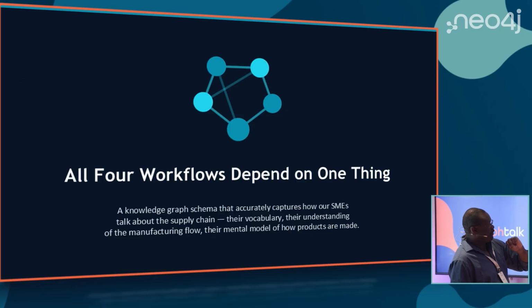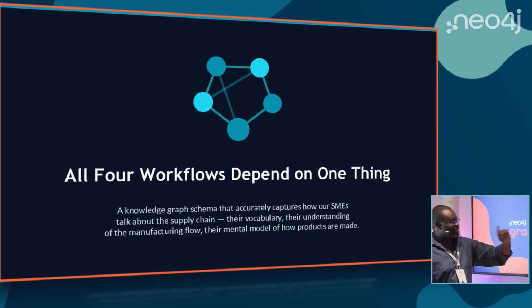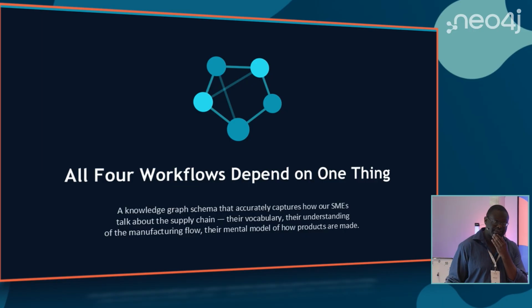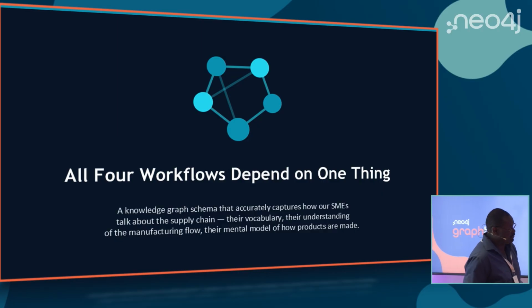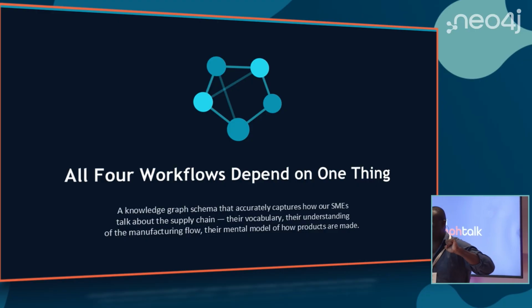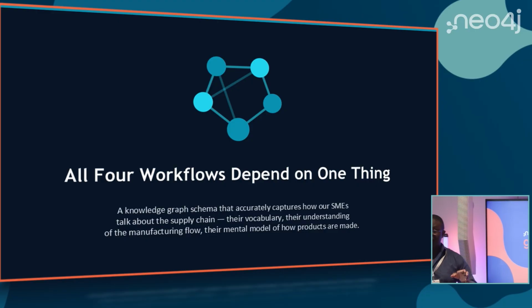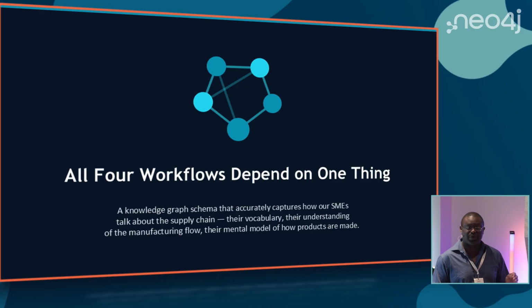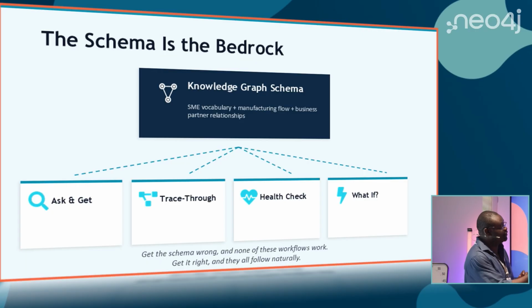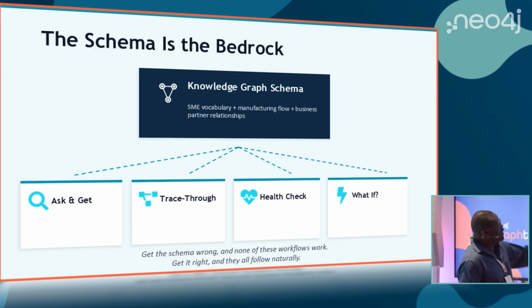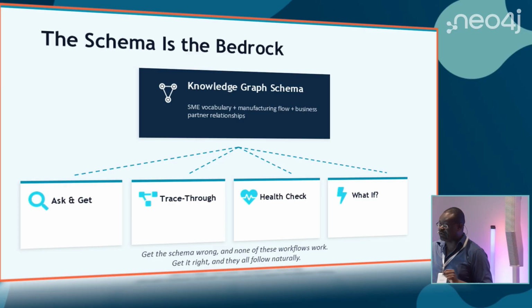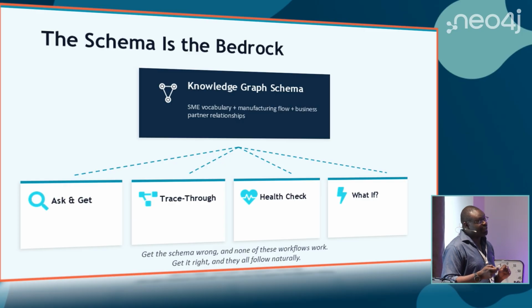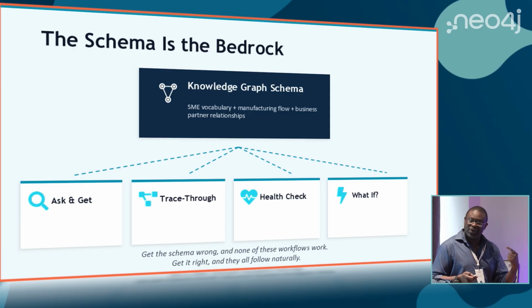So all 4 workflows depend on that one thing, a knowledge graph schema that captures how our SMEs talk about that supply chain. I'll have a little more to say about this, but it was important for me to capture the mental model of how those products are made, rather than go to an official ontology and try and reuse that terminology. And we'll talk about that a little later on as well. So I wanted SME vocabulary, how they actually talk about it, and not the terminology you have in an official ontology, because when I tried to go through that with them, they too didn't really understand what these standard terms